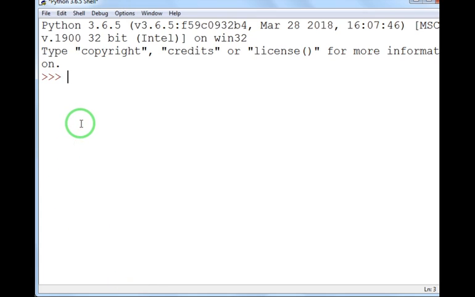Suppose I have created a list, the name of my list is CL, and I have written 1, 2, 3, 4, 6, 7, 9, 11, 12. Since I can store heterogeneous data inside a list, I can also use string values. For storing string values, you can write them either in single quotes or in double quotes. Let's close the list. As I have already told you, to create a list you have to use square brackets. So CL is the list.